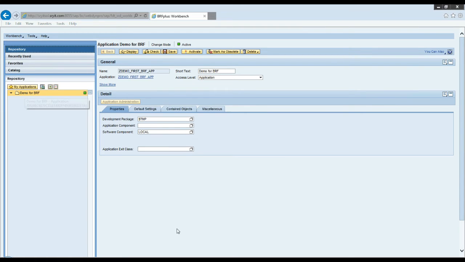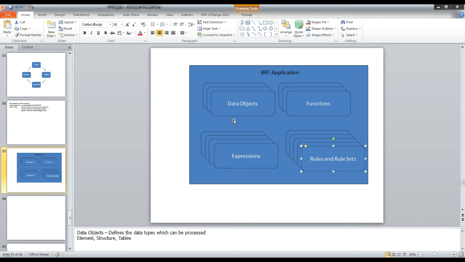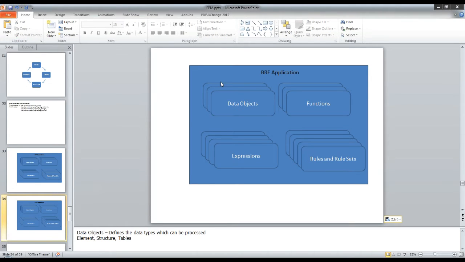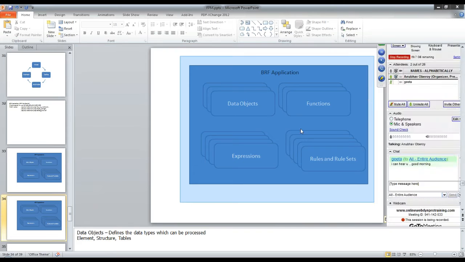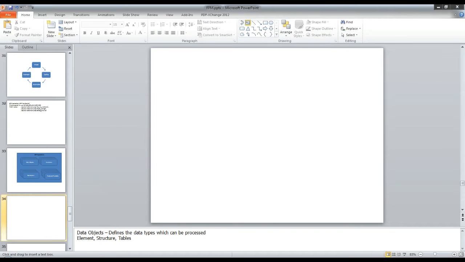Okay. Now move on to the next part, which is nothing but data objects. So now we will see what data objects are and what they are used for. Data objects are nothing but the variables of BRF applications. Let me note down what a data object is.